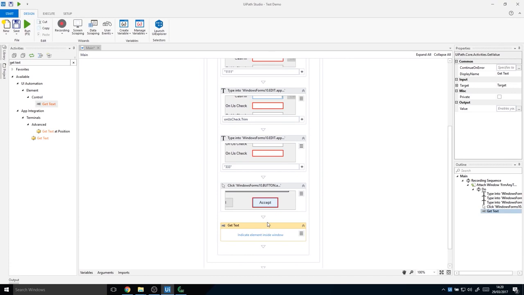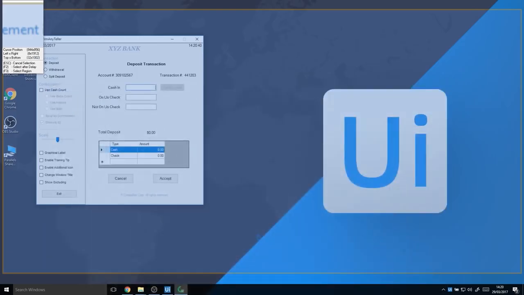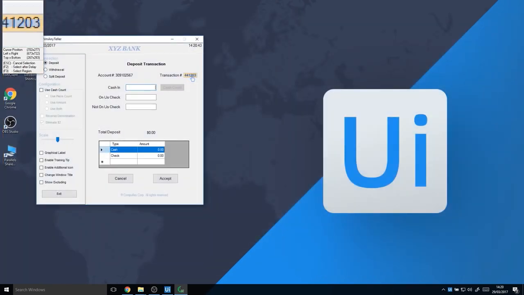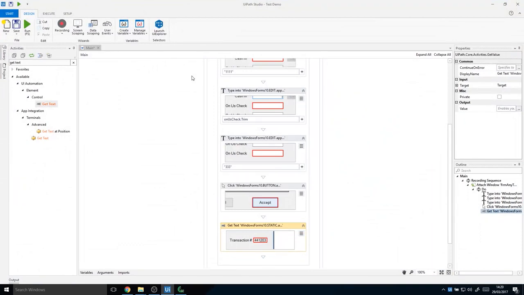Just like the type_into activity, getText enables us to indicate on screen where the text to be copied is located. Indicating the transaction value will return it as a string and then store it into a variable. Let's define the variable as return text. To check if the return value is correct, let's add a message box activity